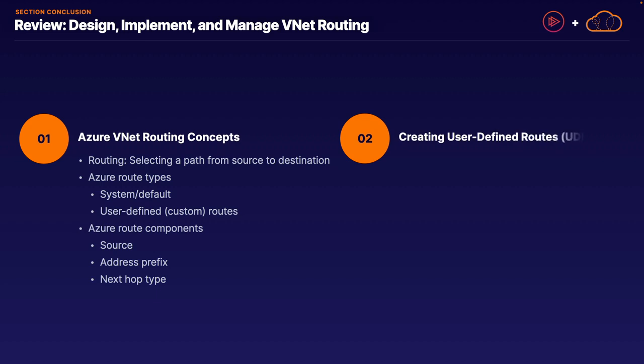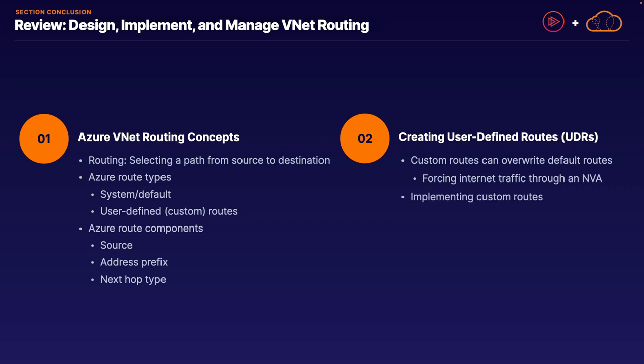We then turned our attention to taking a closer look at creating custom or user-defined routes on Azure, in which we learned that these custom routes have the ability to overwrite or essentially replace our default routes, of which the classic example that we focused on was that of forcing outbound internet traffic through some sort of a network virtual appliance. We then covered the process of how to implement a custom route, and then covered how Azure chooses between